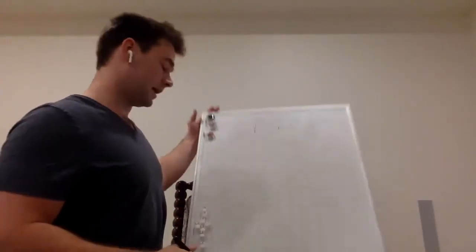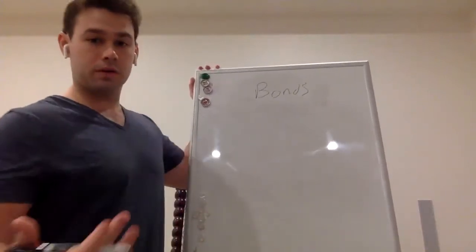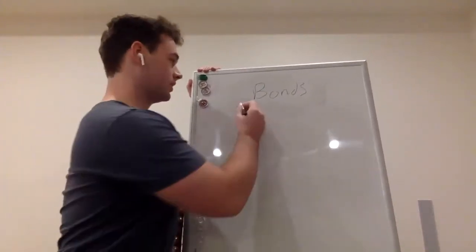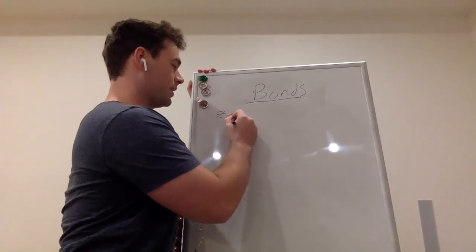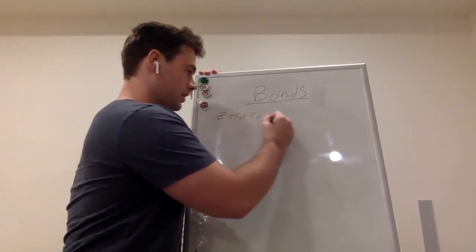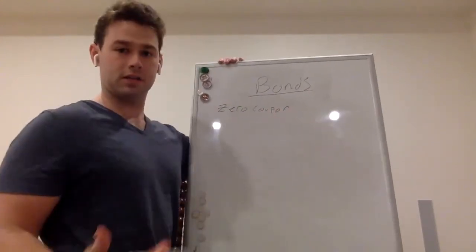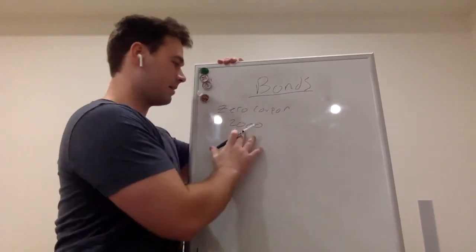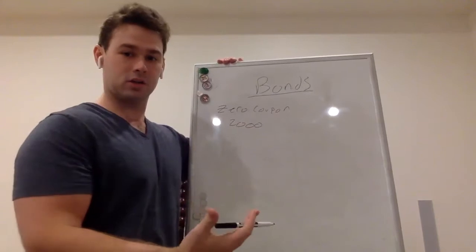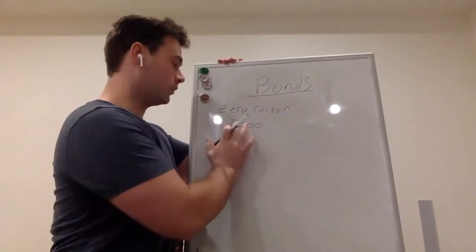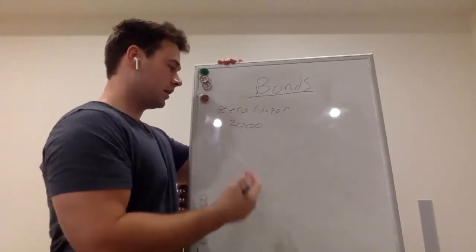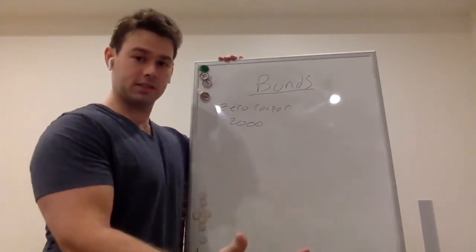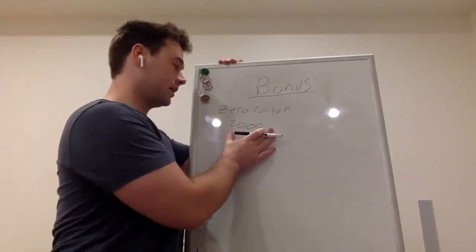This week we're going to be covering bonds in this video. There's really just two types of bonds we'll be covering in this class. We have a zero coupon bond, and that's really just a face value. Let's say it's worth $1,000 or $2,000, and that means at the expiration date we will get $2,000, and we will pay an upfront cost today to be able to get this money in the